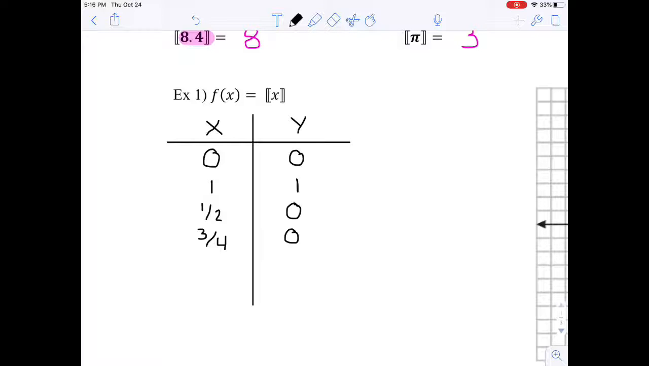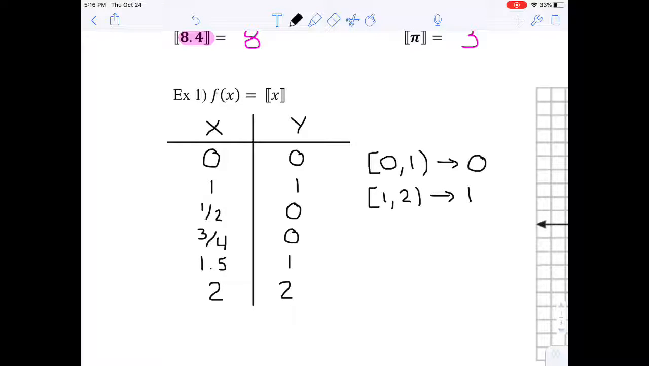If we took something like 1.5, well, that's going to map to 1. If we had 2, that would map to 2. So we look at these, for our graph, for x's from 0 until 1, but not including 1, would map to 0. And then we go x's are from 1 to 2, not including 2, it would map to 1. And we continue that, 2 to 3, not including 3, would map to 2. So when we go to our graph,